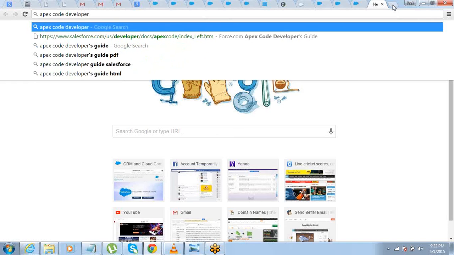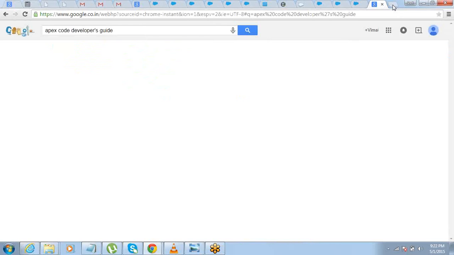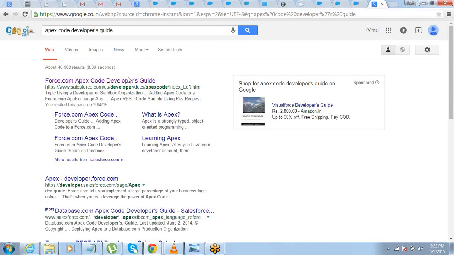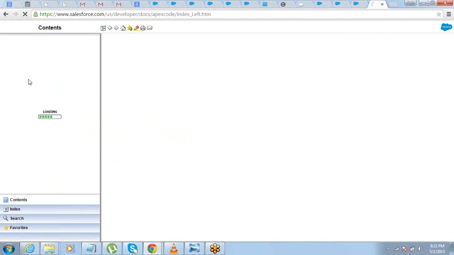And always use the links that I'm sharing. I mean, there are two versions of each of these documents. One is the HTML version, the one which I'm opening now, and one is the PDF version. Okay, so don't download a PDF. Sometimes we say I think that PDF is going to be helpful. I don't find PDF really helpful because you do not have that option of navigating. So in HTML, the best part is you can navigate it very quickly. Okay, you can expand these things.